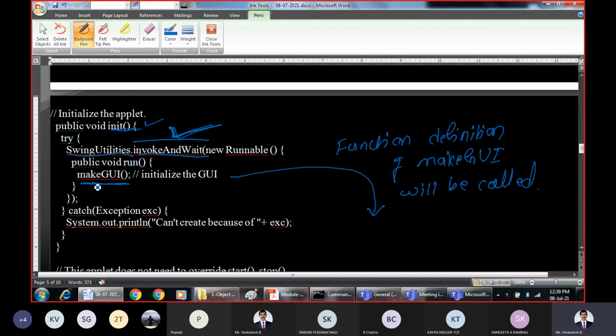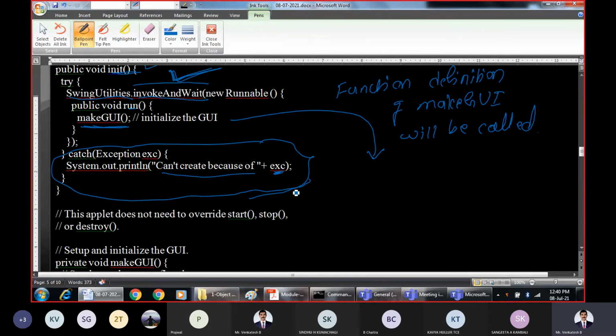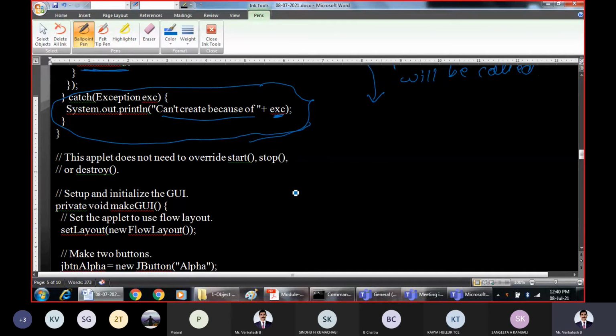And this whole code is embedded within the try block, because if for some reason we are not able to create the graphical user interface, an exception will be created, and that corresponding exception will be handled within this catch block. We display the message that we are not able to create the graphical user interface because of this exception. Whatever exception gets created during runtime, the exception details will be displayed onto the screen.